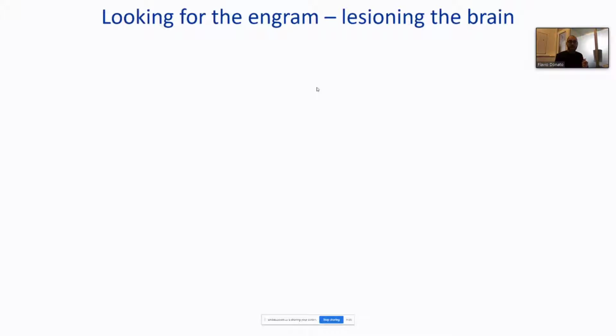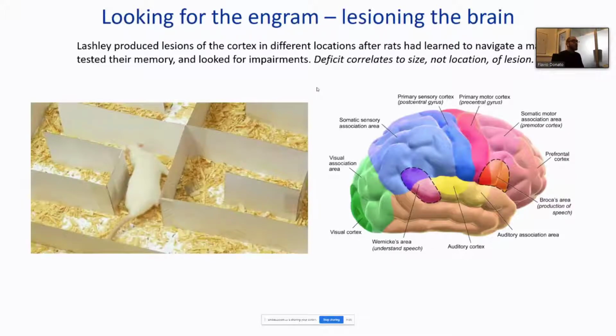So if you lesion one area that is important for storing the memory of that maze, your prediction will be that the animal is not able to find the maze anymore. And what he found is that there was not one specific area of the brain, he was looking at cortex at the time, that was alone responsible for impairing the memory. But they did need very large lesions, or let's say lesions that would cover multiple brain areas, to actually induce an effect. So it was the size of the lesion of the cortex that correlated with the performance of the rat, and not the specific location of the lesion.